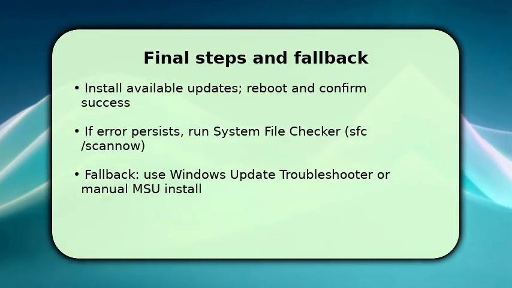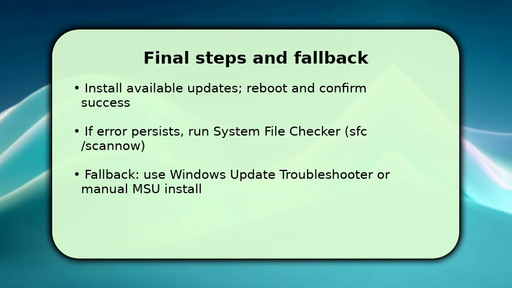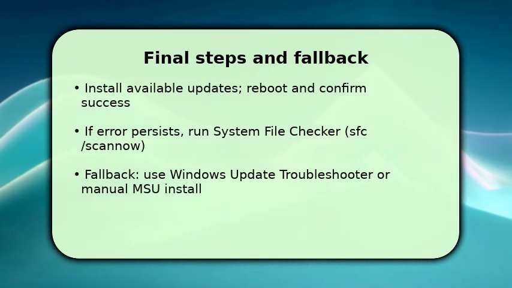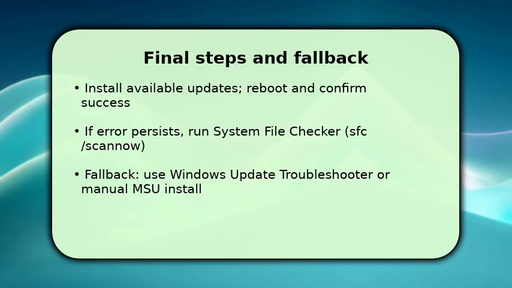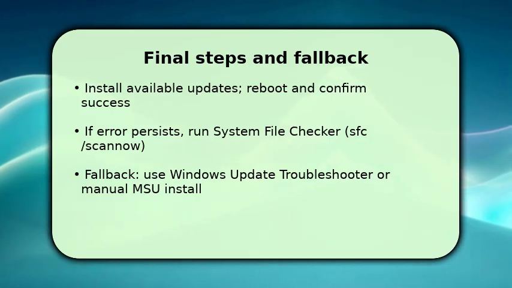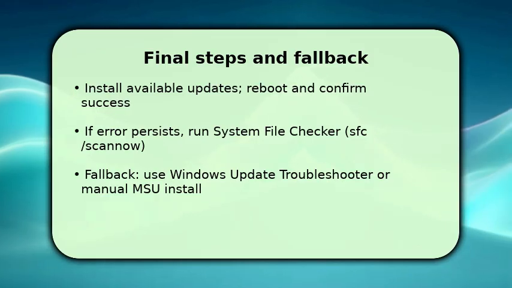If that still fails, use the built-in Windows Update Troubleshooter or download the specific KB as an MSU package and install manually. Troubleshooting tip: if network errors continue, test with another network or tethered hotspot to rule out router or